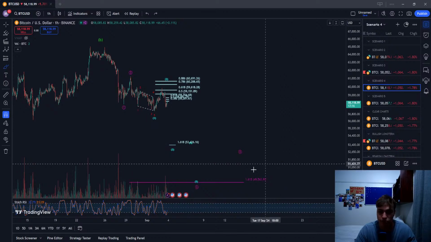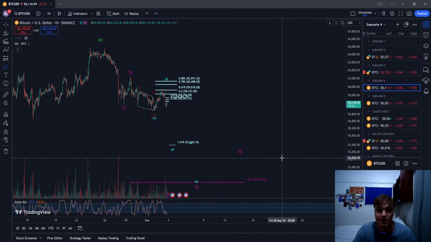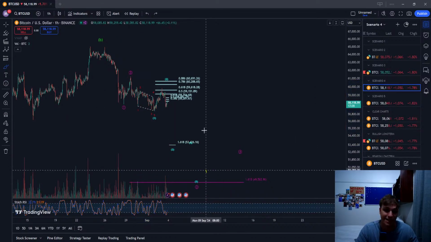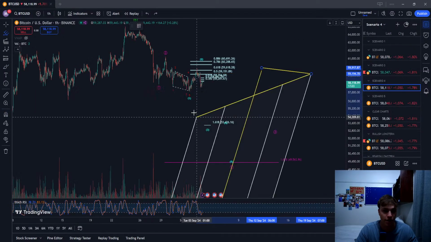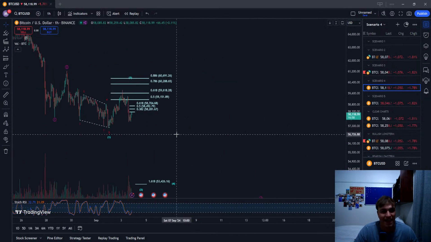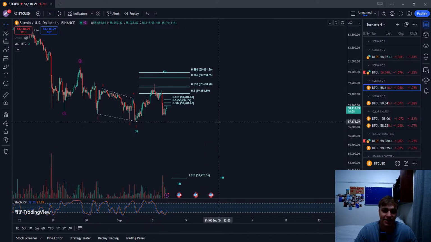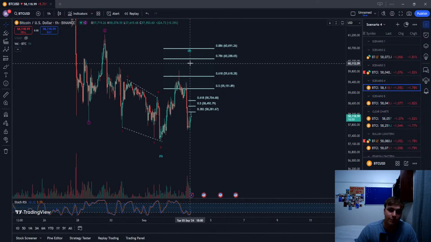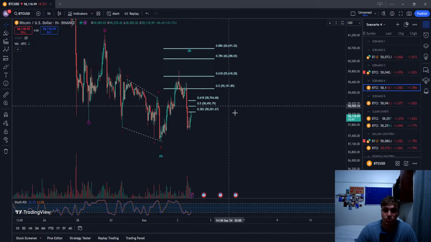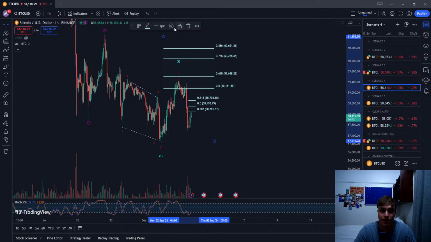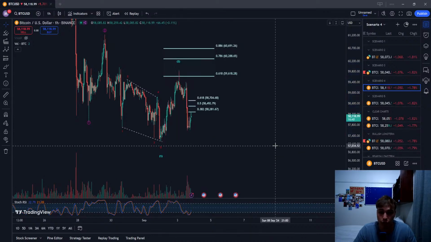The third wave is targeting 49,563, and we now have a 1, 2, 3, 4, 5 in that wave 3. We did open up a trade on our Discord. I'll show you what is going on here. We did open up a trade in our Discord over on the 15-minute time frame at around this level at the 618. That's where I recommended for you guys to open it. So that did get opened up, but we are still looking for lower prices.